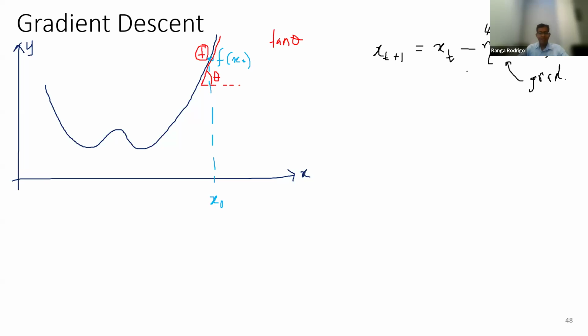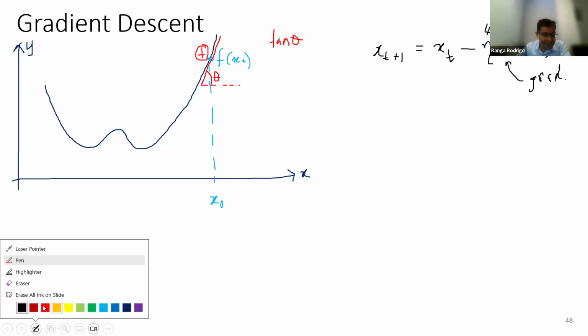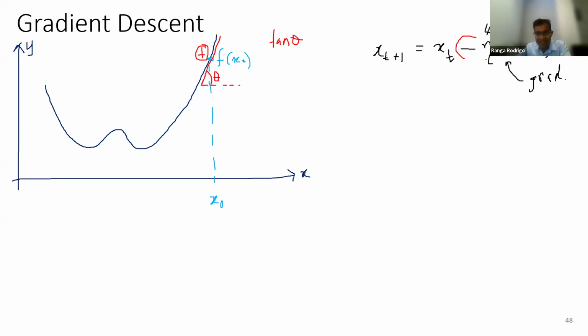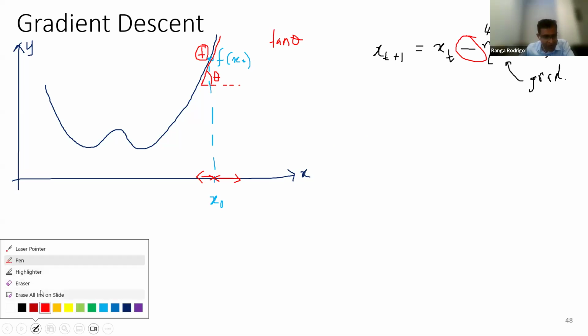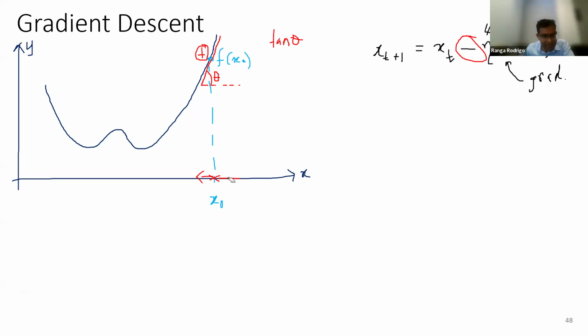Yes. So you can see we have to move in the negative direction of the gradient. Can you see that? Now at this point of x naught, we actually have two choices to move. You can either move toward the right or you can move toward the left. Only two choices are there. So this is the positive direction, but remember you have to move in the negative direction of the gradient. So gradient is a positive value, therefore the correct direction to move is